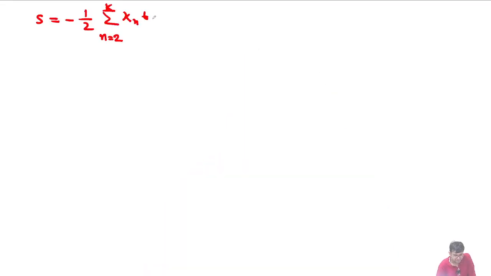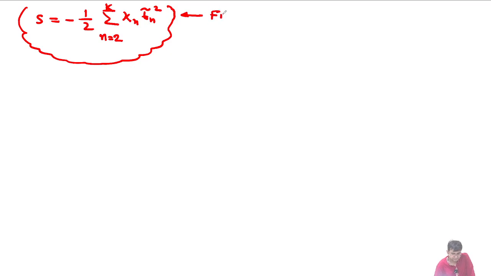So what we got is S is equal to minus 1 by 2 sum small n is equal to 2 to capital K kappa n T n tilde square, and this is my final expression for S. And what is interesting and important here is that this S is having information about the